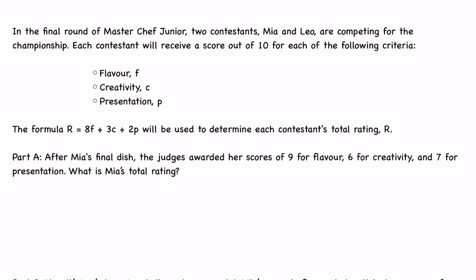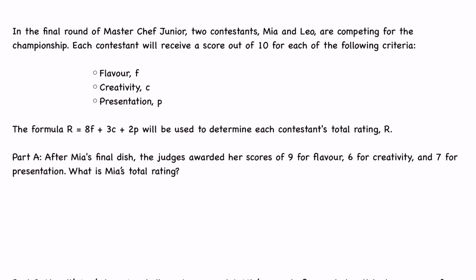This is just a fun little word problem on modeling with formulas, so let's dive in. In the final round of MasterChef Junior, two contestants, Mia and Leo, are competing for the championship. Each contestant will receive a score out of 10 for each of the following criteria: flavor, F; creativity, C; and presentation, P. The formula R equals 8F plus 3C plus 2P will be used to determine each contestant's total rating,